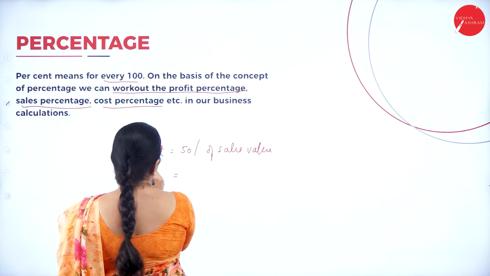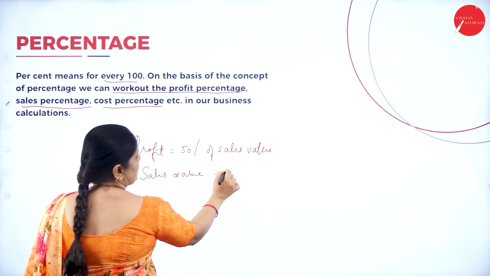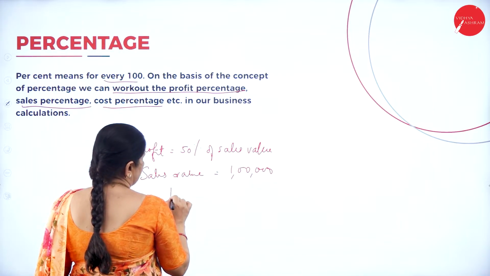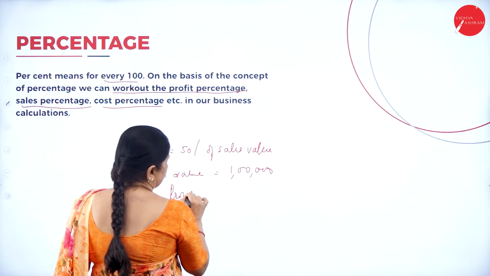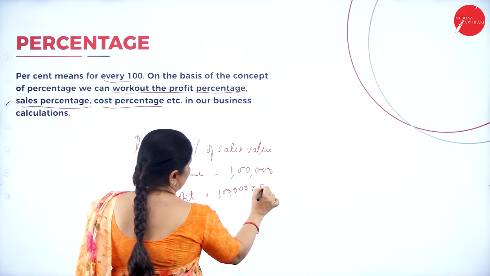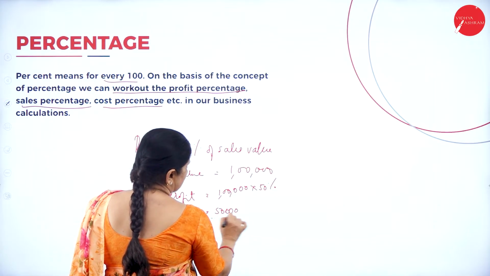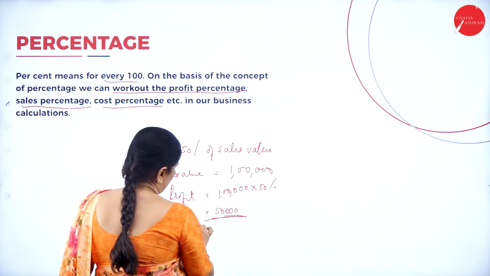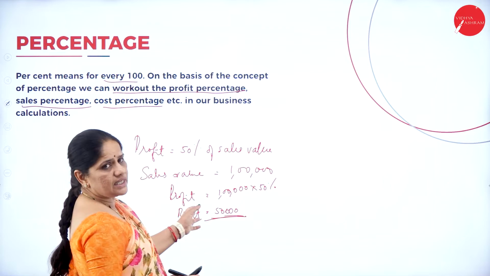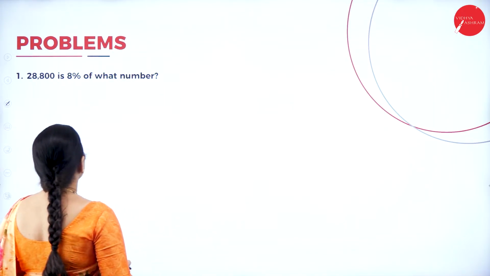So if the sales value is rupees 1 lakh, then profit will be equal to 1 lakh into 50%. So that will be 50,000. So this is the profit. Whenever we think about profit as a percentage, we have to calculate it in this manner. Then next,